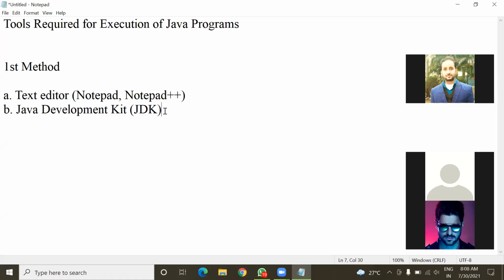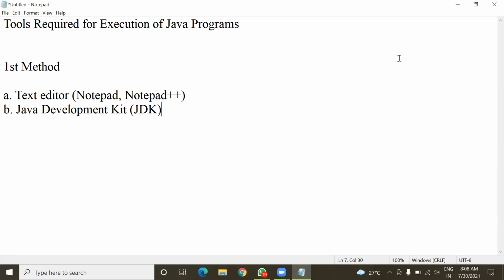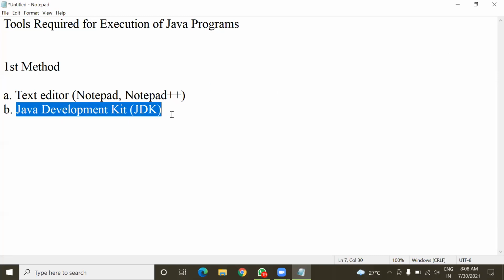Okay, so if you have a computer at your home, you can download JDK for your computer and install it. All computers have this Notepad application, so you need not install it.